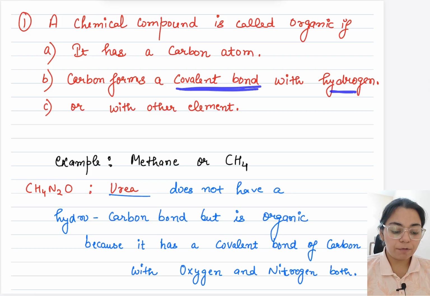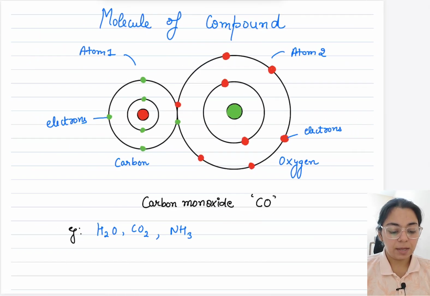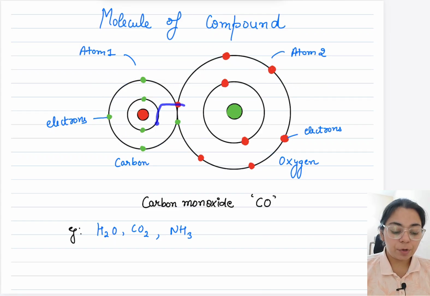Now what is a covalent bond? Let us understand. You saw these atoms right here. This is atom 1 and this is atom 2. They are joining together. How are they joining together? These are the electrons that are making them join together. Maybe they are joining by giving one electron from one to the other, and that is rendering negative and positive charges. Okay, that is one condition.